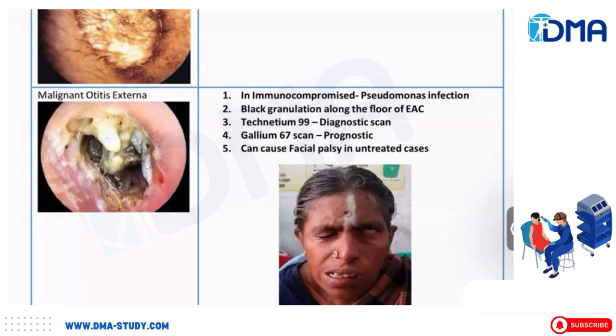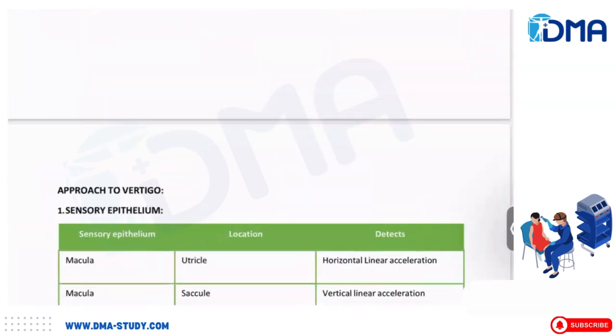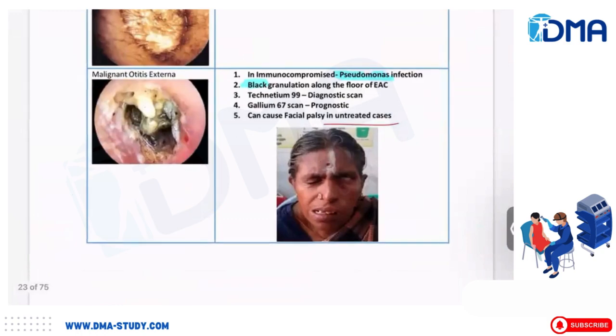These are all indirectly indicative of malignant otitis externa. So the important thing is Pseudomonas infection, diabetes. Pseudomonas infection, black granulation, diabetes is malignant. It can cause facial palsy. How are we going to treat it? We're going to remove the granulation and give high-grade antibiotics pointing towards Pseudomonas. Okay. Fine. So that completes the approach to